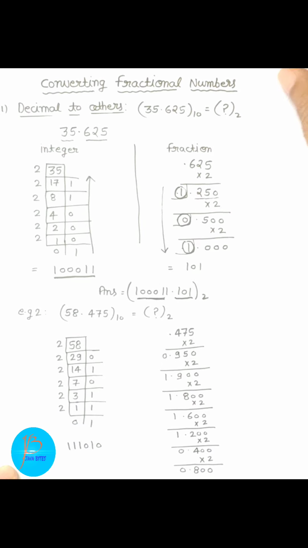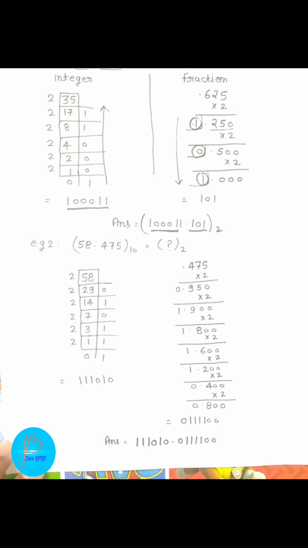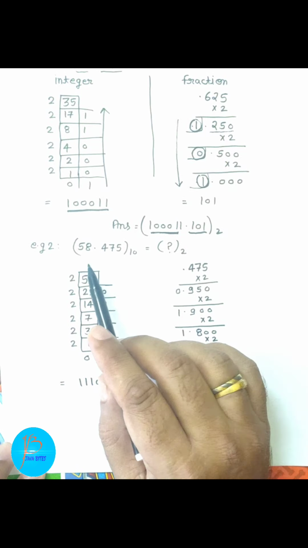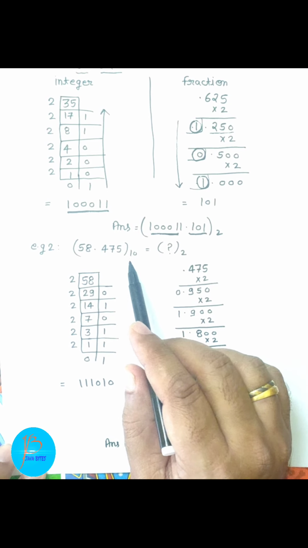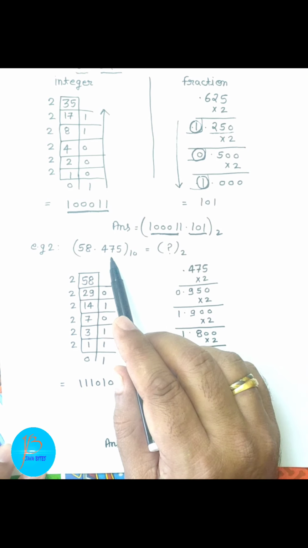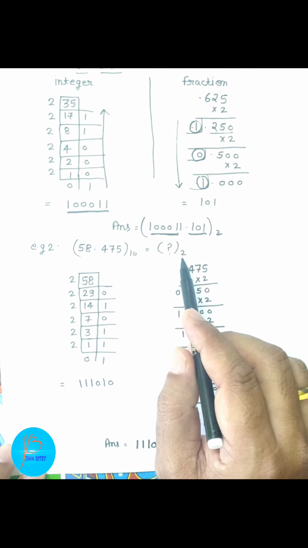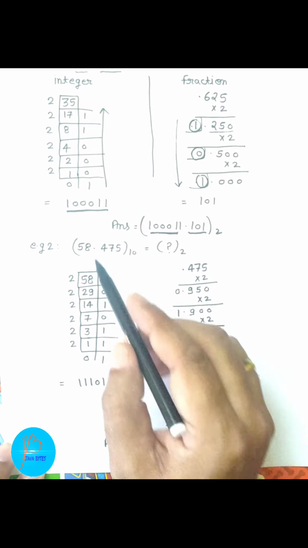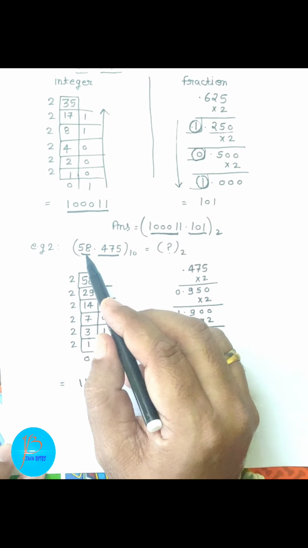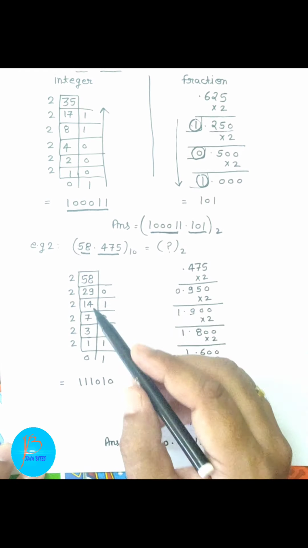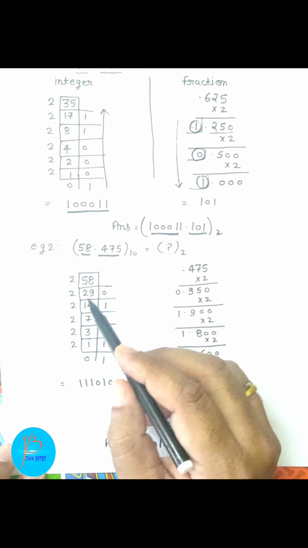Now I take one more example. In this example, children, the number taken is 58.475. It is base 10, meaning it is a decimal number, and we have to convert it into its binary equivalent. So again, you will separate the number into two parts. 58 is the integer part, so first you will solve 58: start dividing 58 by 2, until